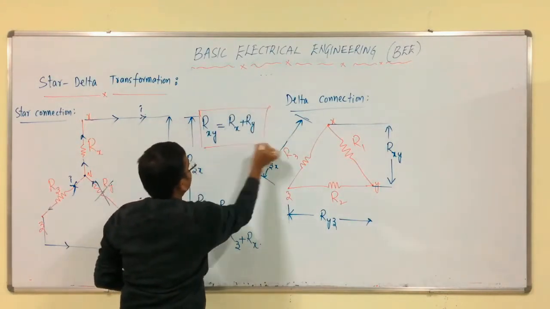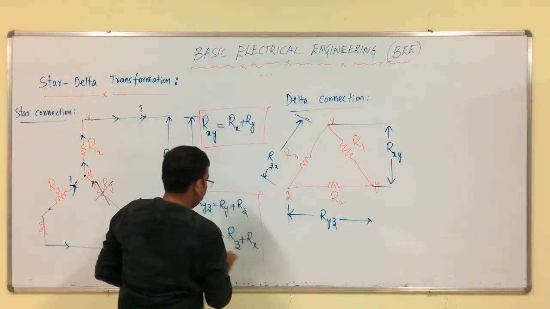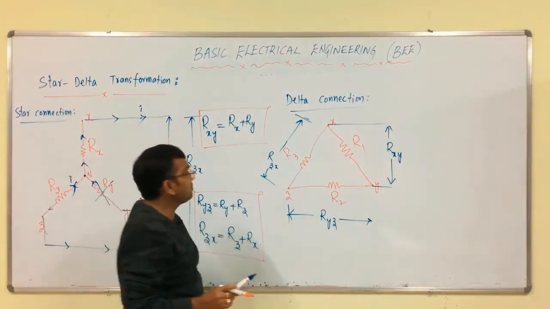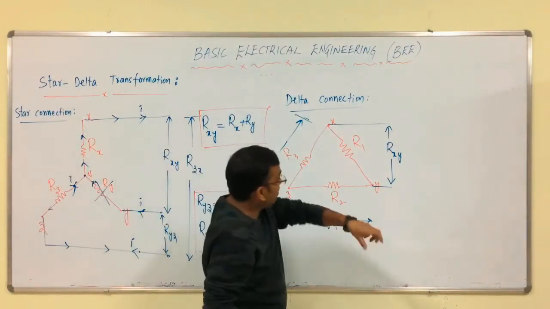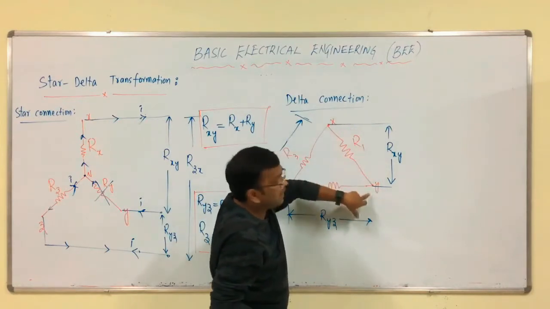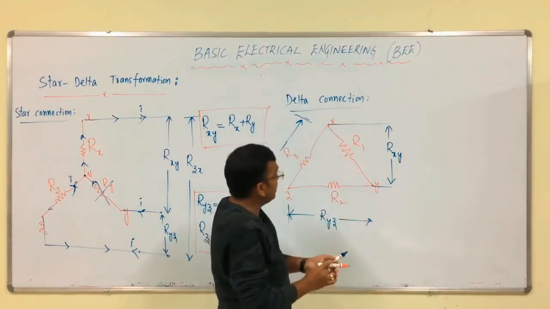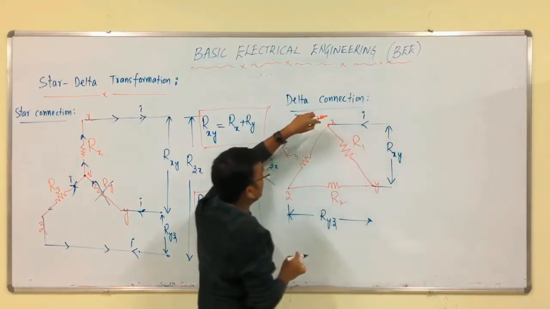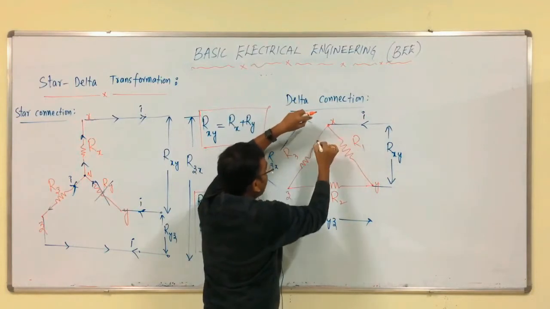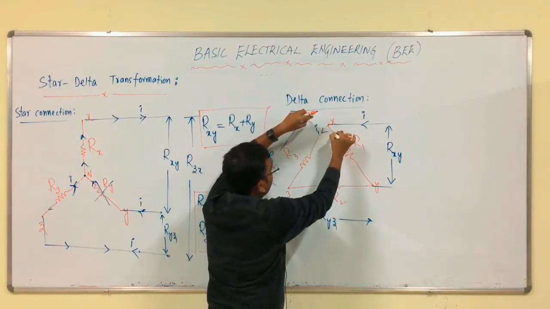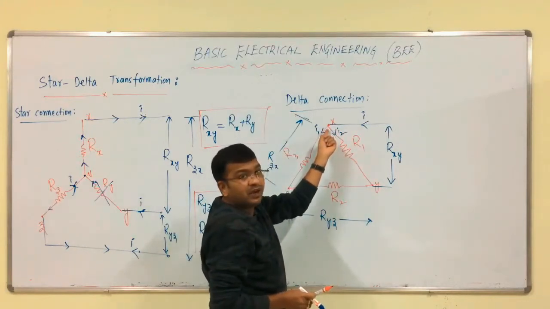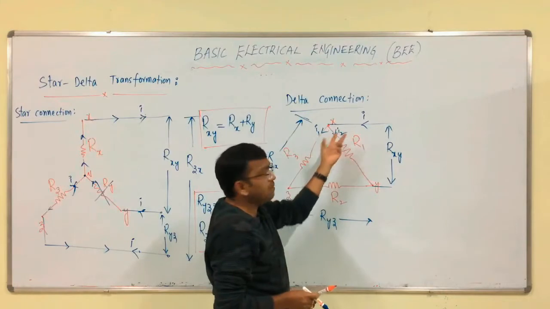These are very important in the case of star connection. Now, we have to discuss the case of delta. So, we have to calculate the equivalent resistance between x and y now. If we consider these two terminals, entering current is equal to I, then the same amount of current can be split into I1 and I2, because there are two branches. So, obviously, current can be divided.